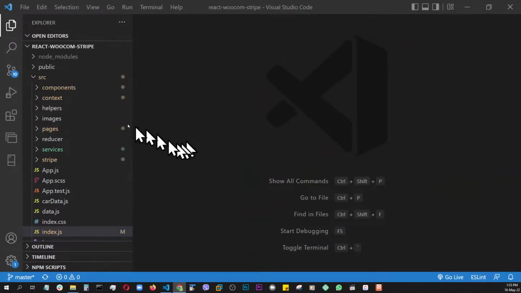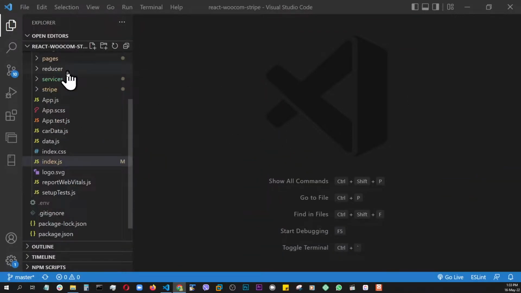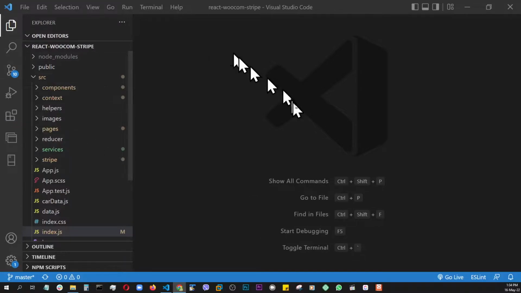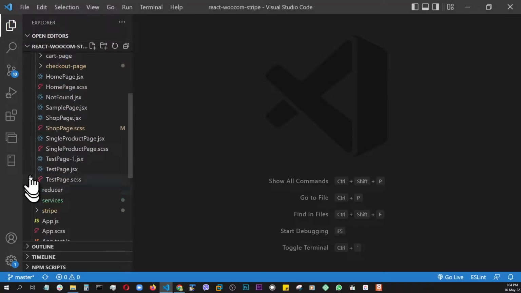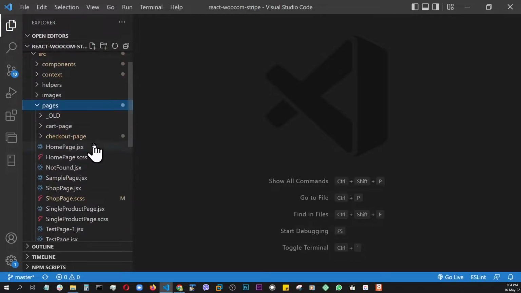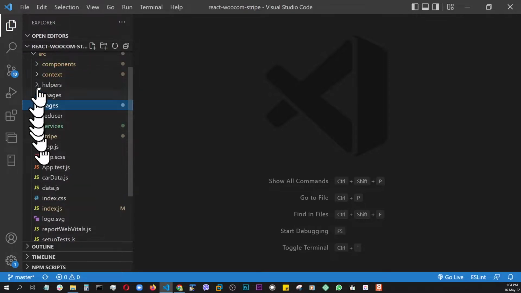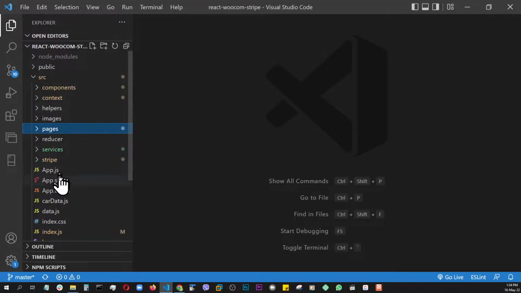All right, so we are at the back of the application where all the code is. The order I will follow to explain everything will be according to the pages. We have a few main pages like the home page, the single product page, and then the shop page, cart page, and checkout page, right? So we're going to go through them one by one, and whenever necessary, we will reference back to components, contexts, reducers,